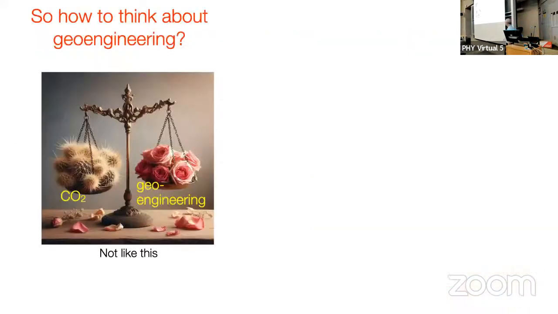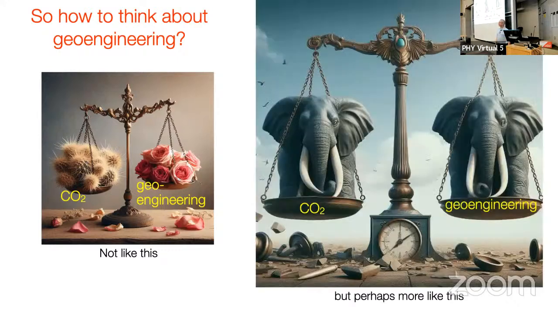So I think often you think about this as we have CO2, that's a bad thing, but we balance it with geoengineering. So, you know, thorns and roses, everything is fine. But maybe that's not the way to think about it, because once you have lots of CO2 and lots of geoengineering, it might look more like this. This is from the ChatGPT image generator. Isn't that amazing? You can go and ask it to plot two elephants on a scale. So when you have something like that, you're breaking the climate system. You see the scale is the climate system and you're breaking it. And I think that really would be my concern.